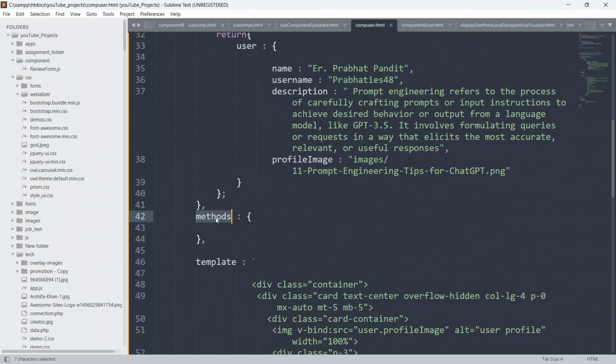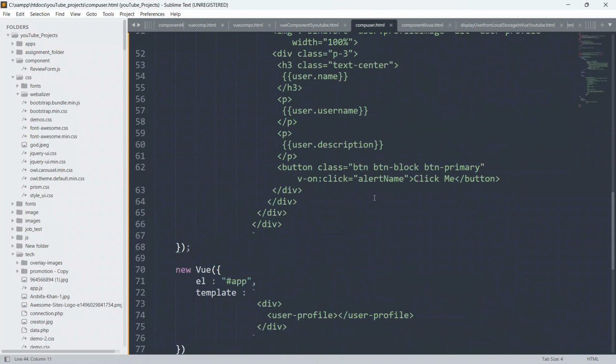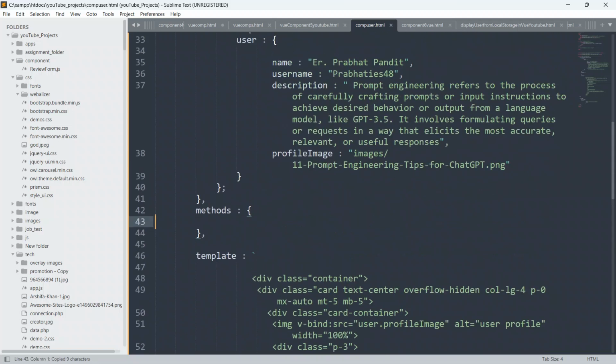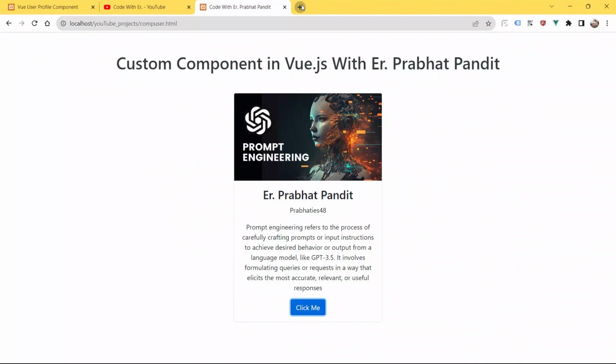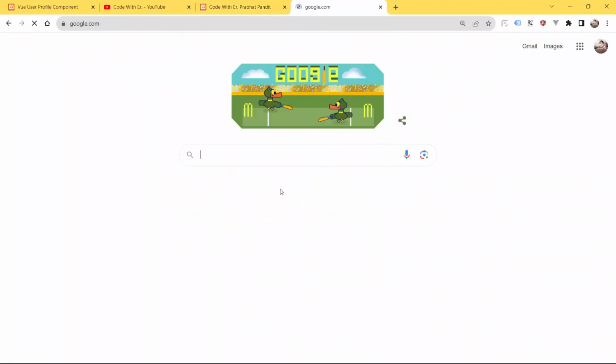Just copy this name from here, go to the methods, and paste it inside, then add opening and closing curly braces. Now let me go to the SweetAlert 2 website.